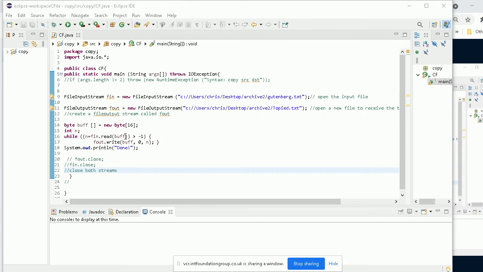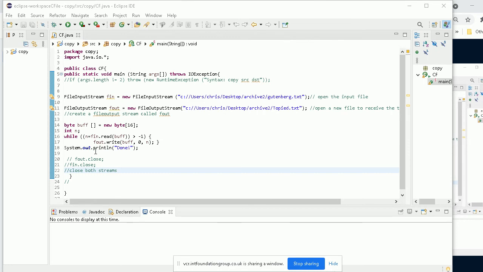It's an array of data, buff, starting at the index 0 up to and including index n. So I'm just sending out the buffer from buff 0 all the way to buff n -1, in fact, out onto this channel fout.